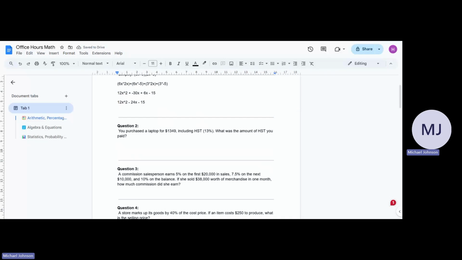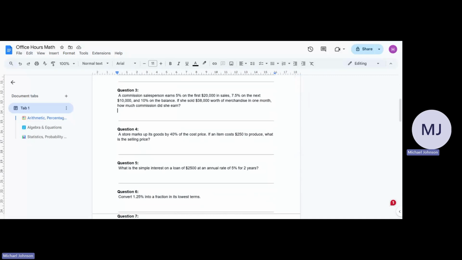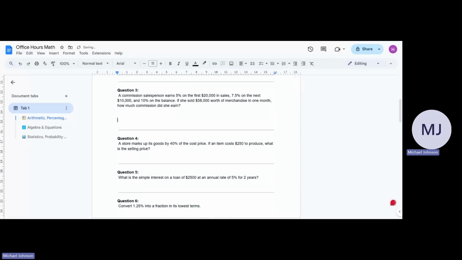So to do this one, you would do $1349 times 13%. And that would be the same as $1349 times 0.13. So you do that one here, $1349 times 0.13. You get 175.37. So that's the amount of HST you would pay, 175.37. And then a commissioned salesperson earns 5% on the first $20,000 in sales, 7.5% on the next $10,000, and